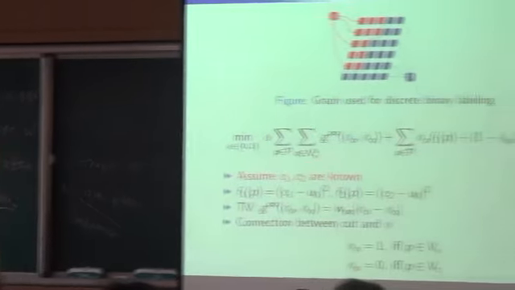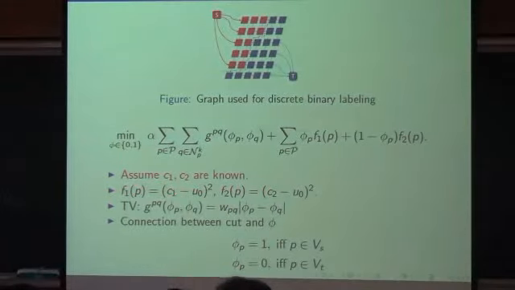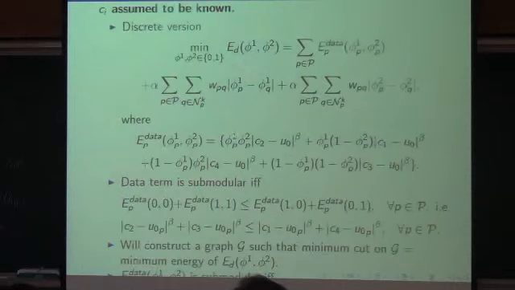So this is a two-phase min cut. So you have a cut. Here F1, F2, assume C1, C2 are known. Here it depends how you approximate the length. Here is a min cut for the two-phase case. And then if you want to do the four-phase, if you use a level set, you need to use two level set functions. If I don't use a level set, if I use just two binary functions, phi1, phi2, then the continuous model is